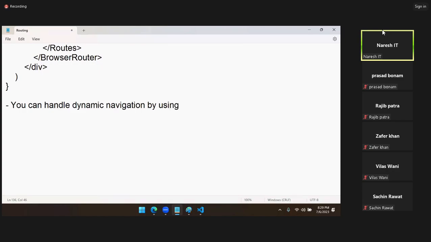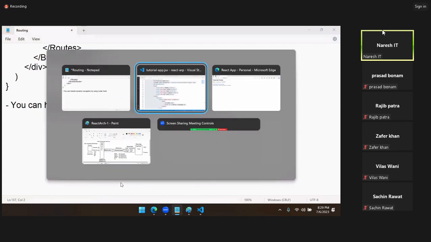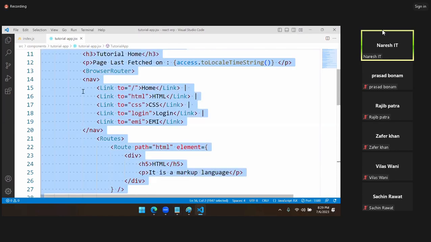by using a router hook. We can use a router hook, and actually the router hook is useNavigate. That is the router hook. useNavigate is the router hook. That means dynamic navigation means, you see here,